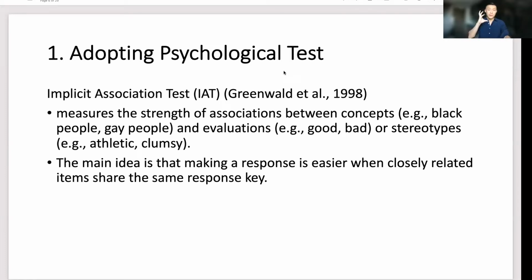So if the brain thinks that they go together, say black and athletic, if they think that that goes well together, you see lower reaction time because that means the brain has to process that less when they need to make that pairing. But again, I'm not going through the detailed IAT, but the gist of it is that it measures the association for each person that does the test. So yeah, you can test each person's stereotype.